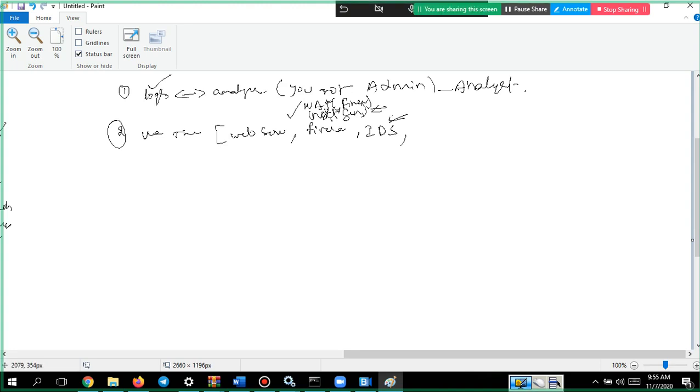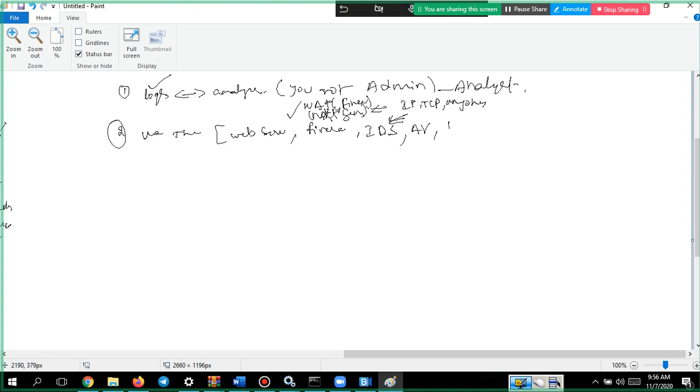And IDS and IPS are used for checking the IP packets, then TCP packets, any traffic, and any other like your DNS, application layer related protocols will also be monitored here. Then antivirus logs we will be checking.